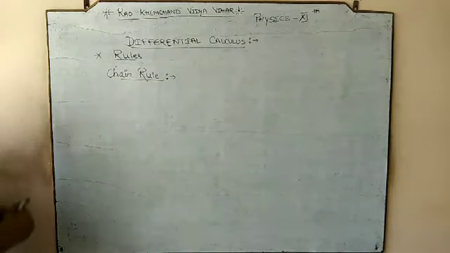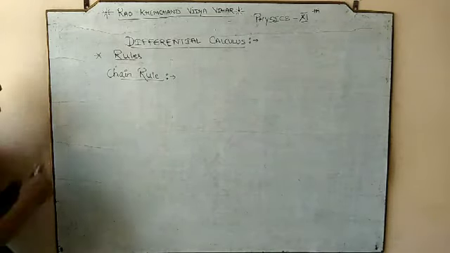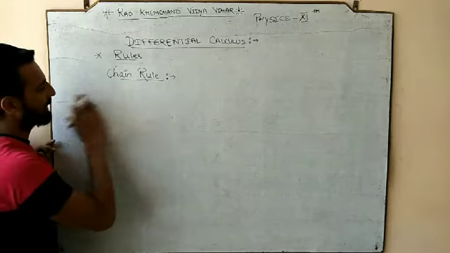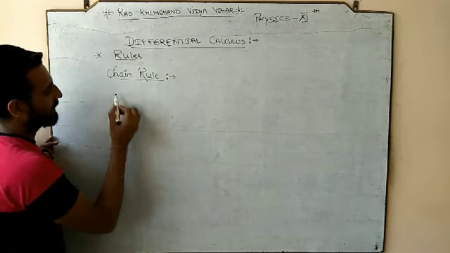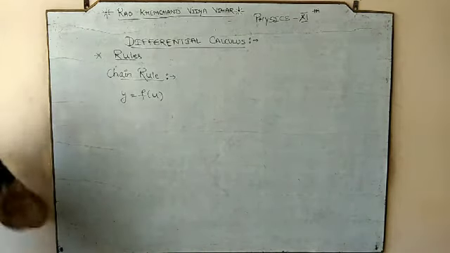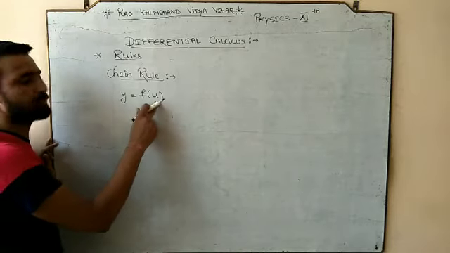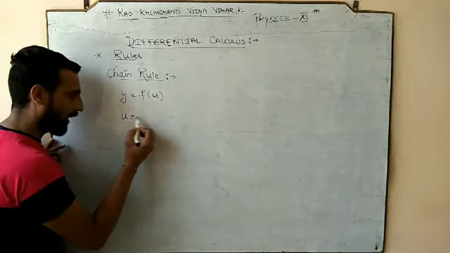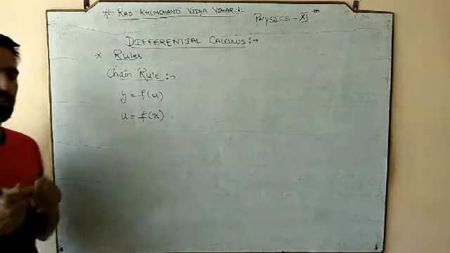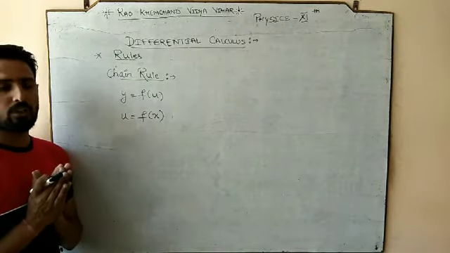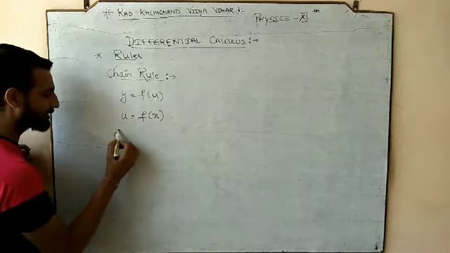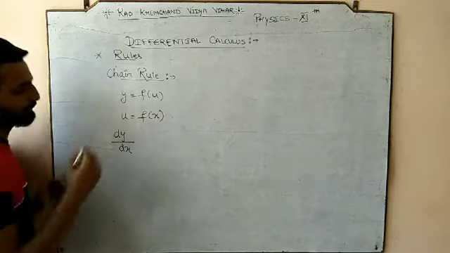To explain this chain rule, I want to discuss with an example. मैं आपके साथ पहले discuss करना चाहूँगा, but सबसे पहले चलो try करते हैं. Here the teacher has given that y is equal to function of u. So teacher has given us that y is the function of u. Y किस पे depend कर रहा है? U. And he has again written that u is the function of x. I think now the definition of function is clear to you, that y depend कर रहा है u पे और u depend कर रहा है x पे, and teacher asked me to calculate dy by dx.